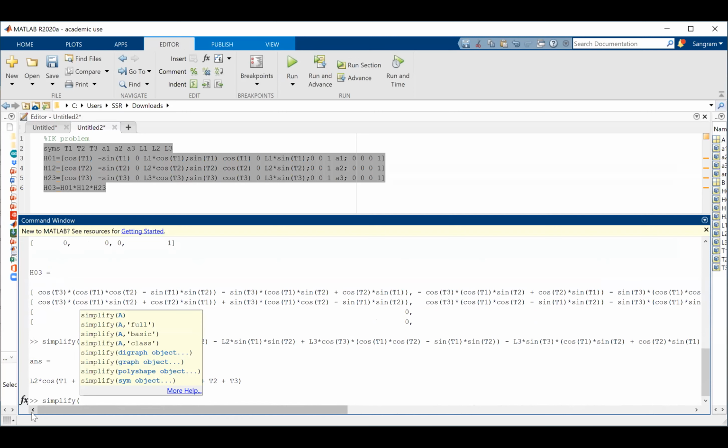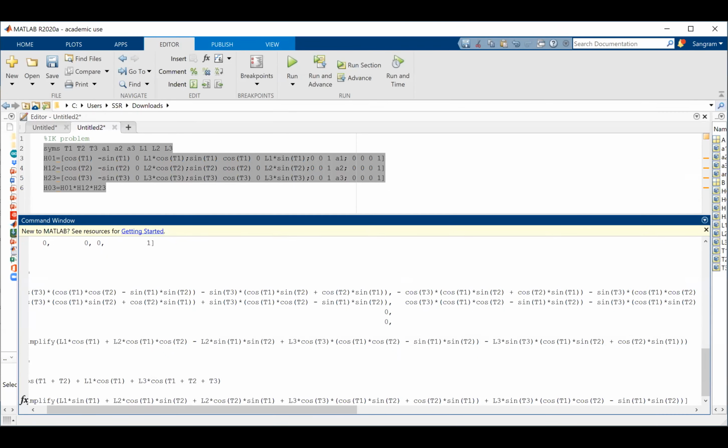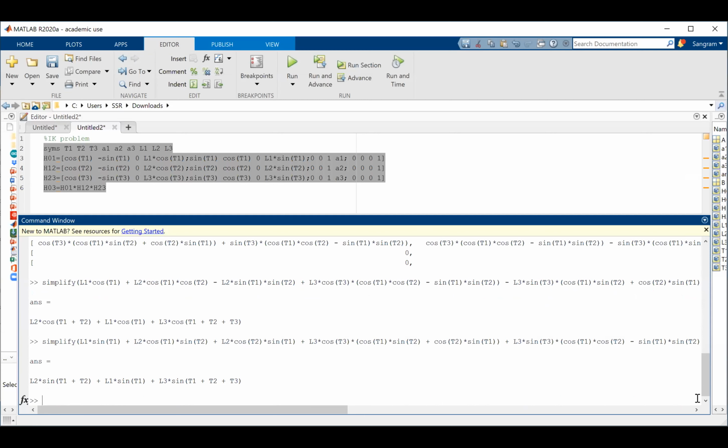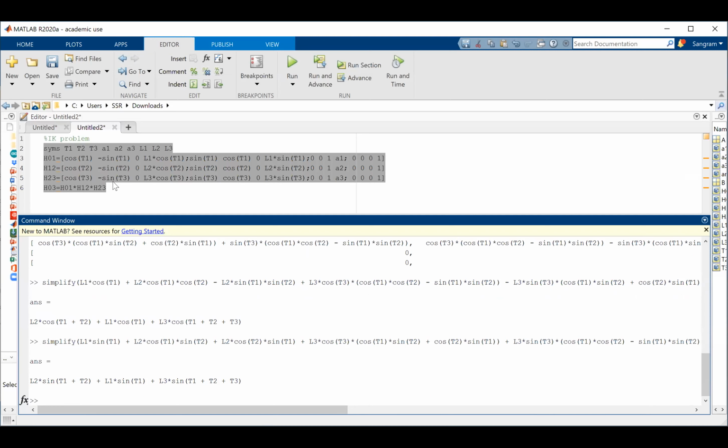And then I'm going to paste. Enter. Wow. So my expression got simplified. And if you look at the last element, which is just A1 plus A2 plus A3. What this tells me is,